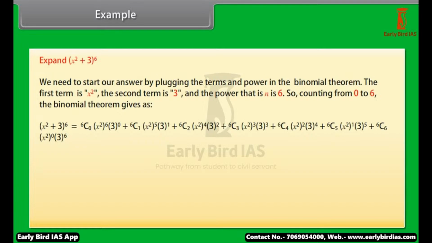to 6c0 into x square raised to power 6 into 3 raised to power 0 plus 6c1 into x square raised to power 5 into 3 raised to power 1 plus 6c2 into x square raised to power 4 into 3 raised to power 2 plus 6c3 into x square raised to power 3 into 3 raised to power 3 plus 6c4 into x square raised to power 2 into 3 raised to power 4 plus 6c5 into x square raised to power 1 into 3 raised to power 5 plus 6c6 into x square raised to power 0 into 3 raised to power 6. After simplification, we get